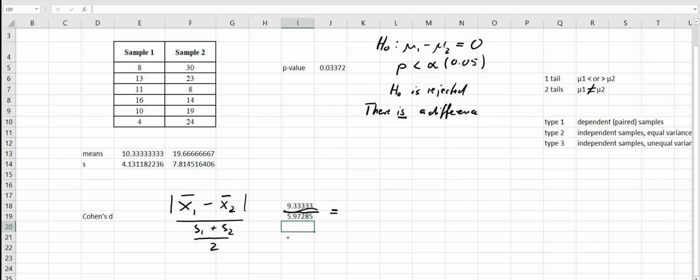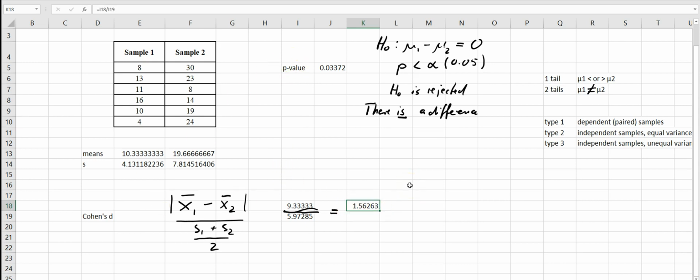So in this case, let's calculate that, equals 9.33 divided by 5.97,